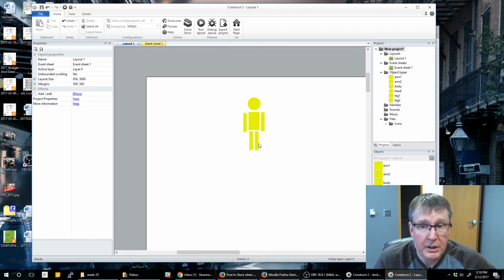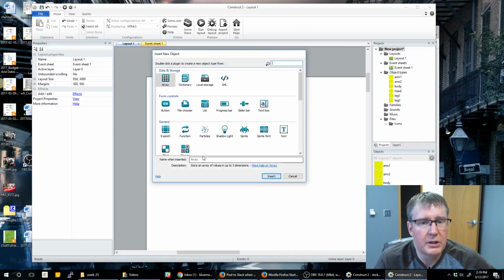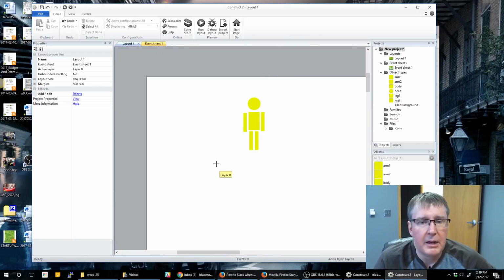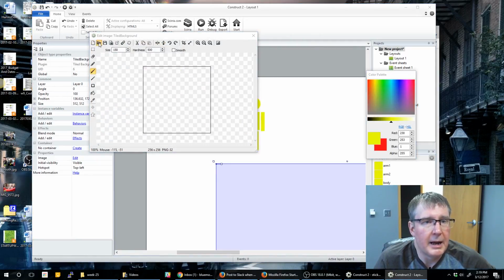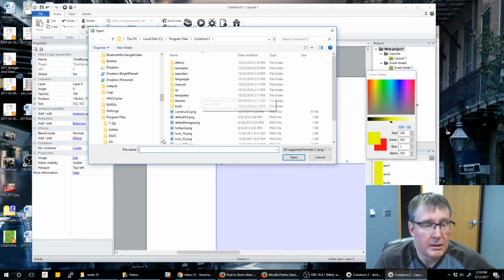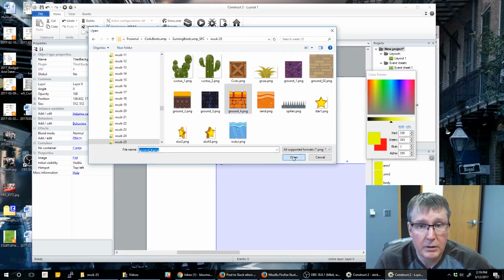All right, so now we have physics on all of our body parts. We're going to add some additional behaviors later, but to start with, we're just going to go ahead and use physics. Let's add a platform for him to stand on, and this is just going to be temporary, but the other thing is as soon as we run the game, it's going to fall apart. So let's go ahead and insert a tile background, and we're just going to put it on the main layer for right now, and then let's just load in one of our tiled backgrounds. All right, I'm just going to use this one here, this ground,